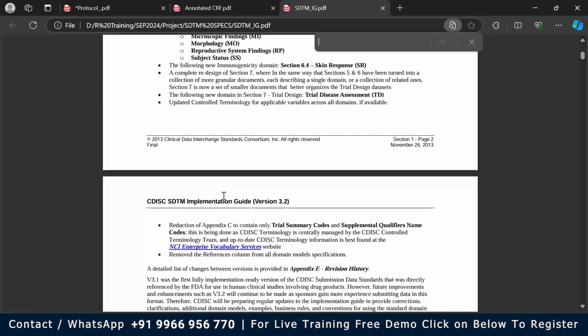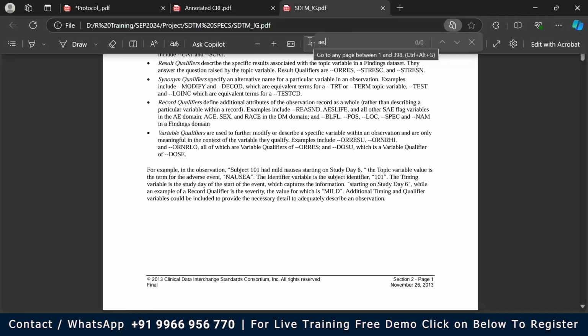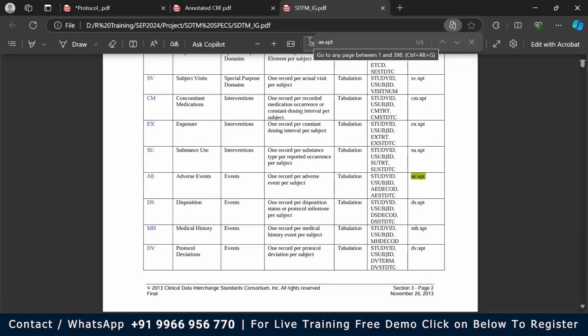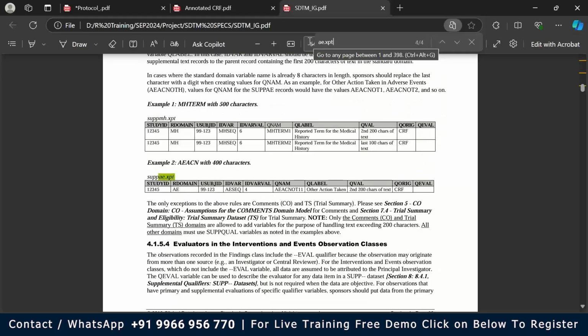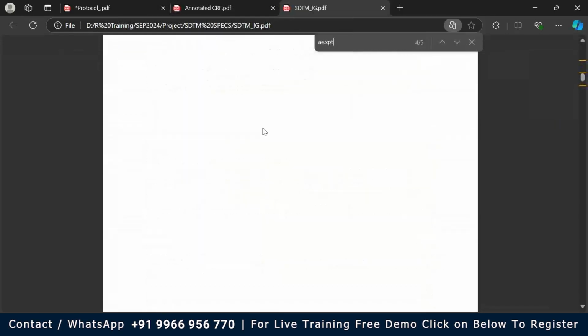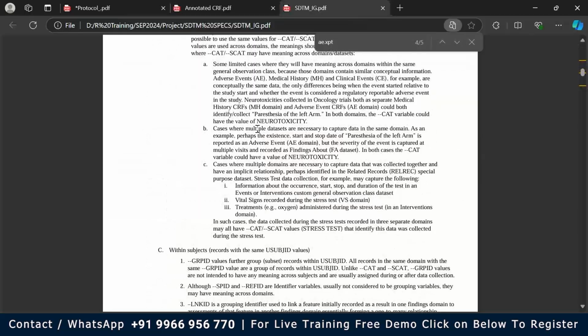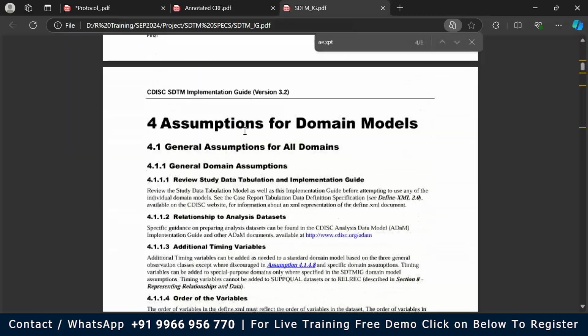So let me go to the adverse event, the AE.xpt. Here we have all the variables mentioned, and based on that, the company